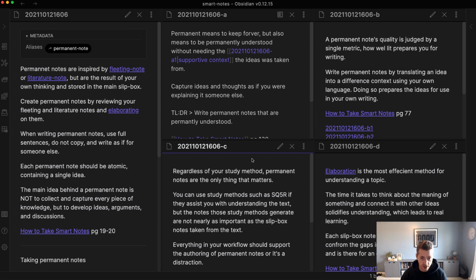So to reiterate, the number one metric for quality on a permanent note is how well it prepares you for writing. And to do that, it needs to be the result of your own thinking, put in your own words in a concise manner. So what I found really interesting about my old permanent note-taking method and this new one kind of hit me. I was in a conversation while I was walking today, and it kind of just hit me as an epiphany